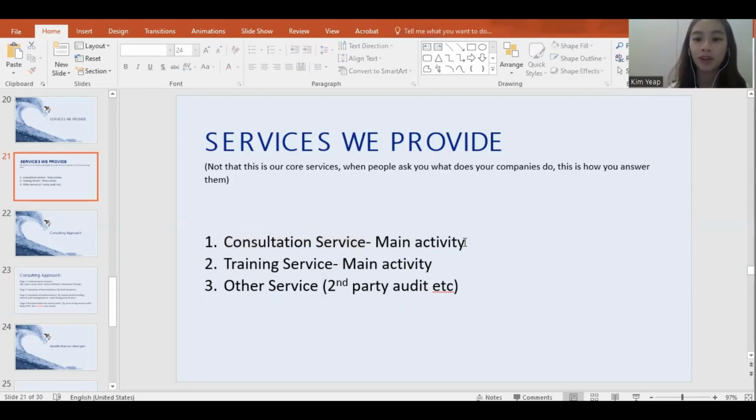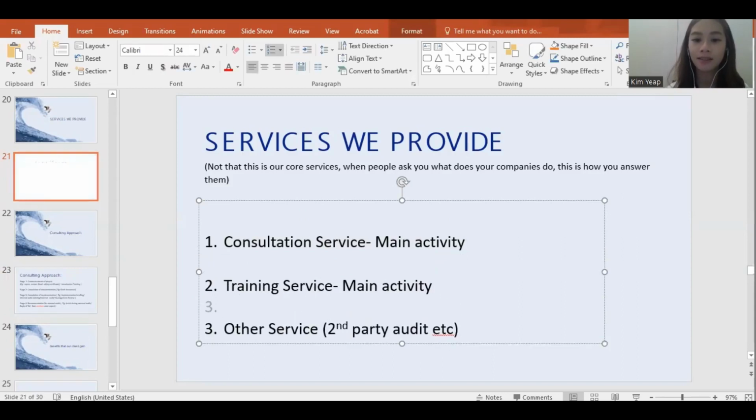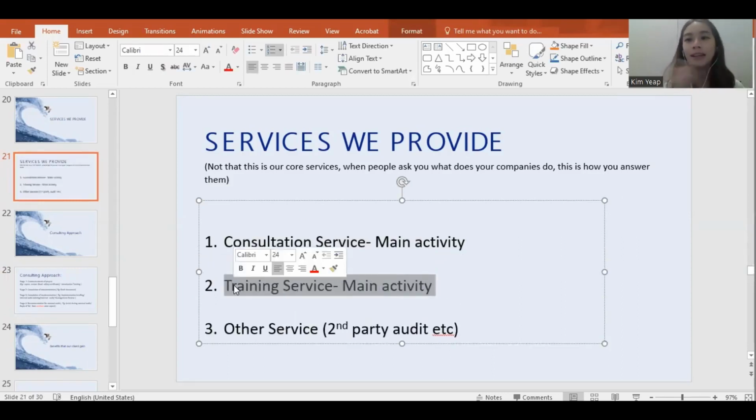Okay, so let's not talk about this. Now, let us focus on this one. For us to provide training service, it's another service. It could be people coming to us and saying, hey, I need a training, I just need you to train me on ISO 9001. So it will be our consultant. If we have already made the sale, then our consultant goes to the client place and just teaches the topic for a day, and then we get the money.